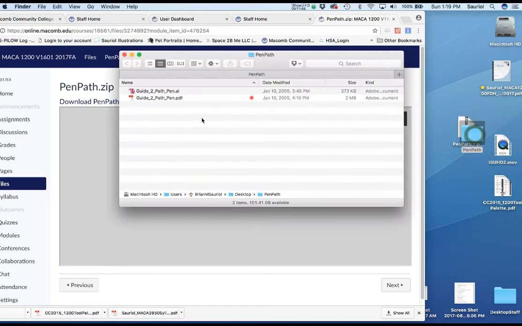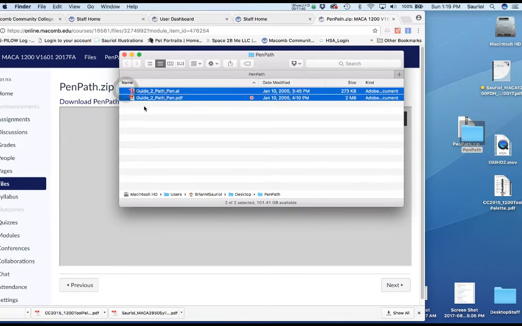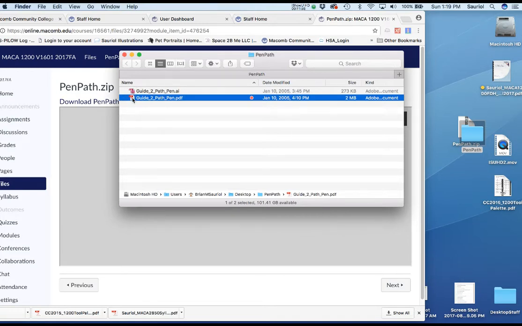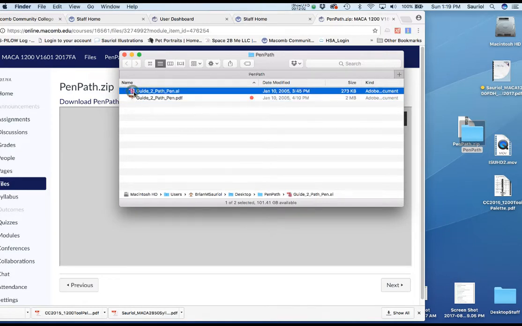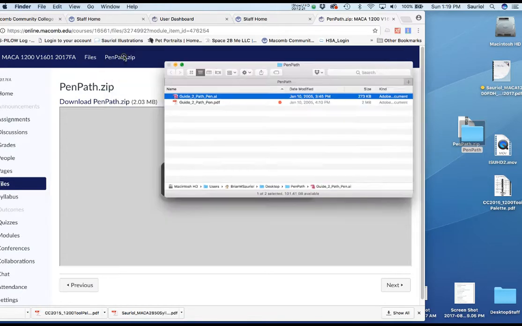You now go inside and you see that there are 2 files inside of here: the PDF, which is going to guide you through it, and the pen and path file. Do you need this to be opened? Answer, maybe. Do you need that? Yes. And don't mess up an original. Save as right away. When you open it up, use file save as and put in your name. And then you're going to begin that. Now, I'm not going to click it because that's not what this movie file is all about. It's about how do you get to things and how do they relate to the First Day Handout. So I'm going to close that.